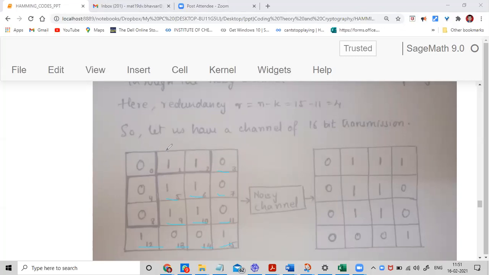Now, when I talk about this, this and this, these are the parity checks or parity bits, whatever you want to name it. But these are used to check if there is an error or not. You would ask me why they are set here. If you observe, they are set at powers of 2. Here it is 2 power 0, here 2 power 1, here 2 power 2, and here 2 power 3. So they are there for a reason.